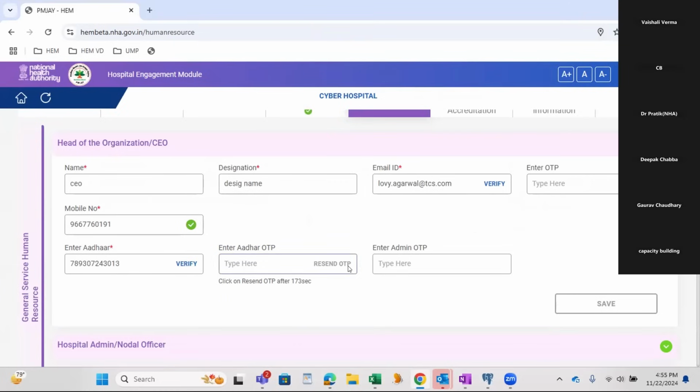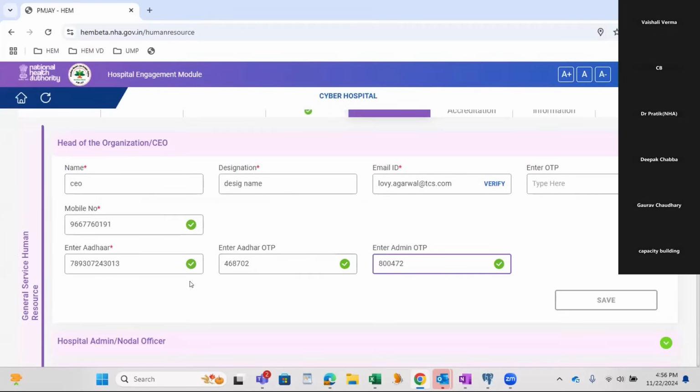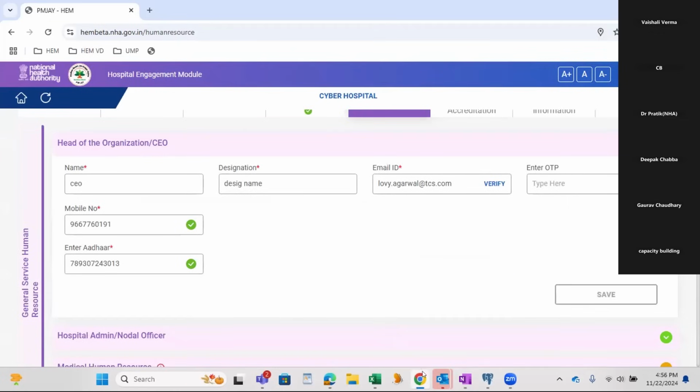So the Aadhaar OTP, and the admin OTP I have received. If you can see, this is a two-step OTP verification for Aadhaar. We have the admin OTP and the Aadhaar OTP.